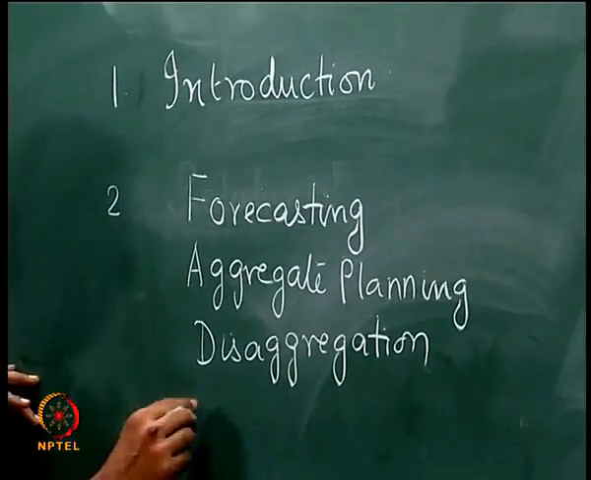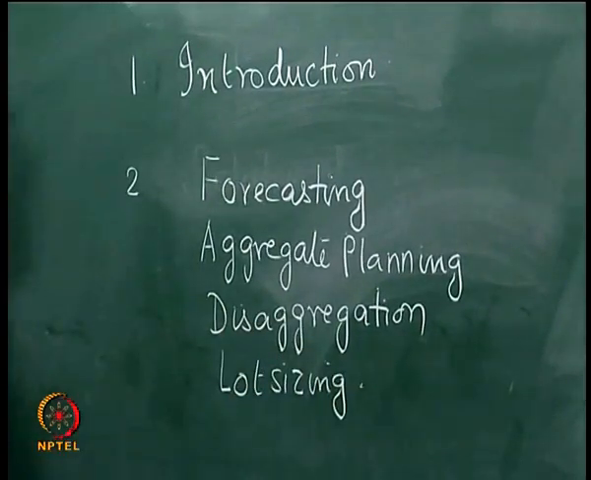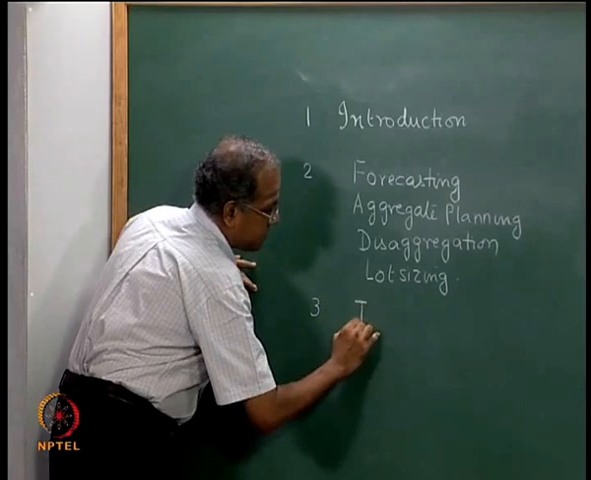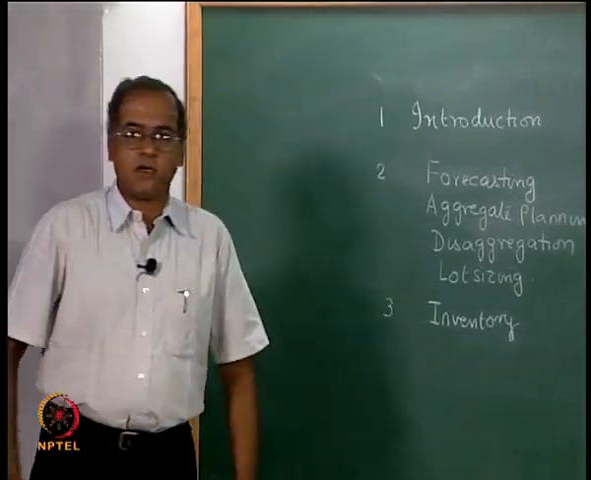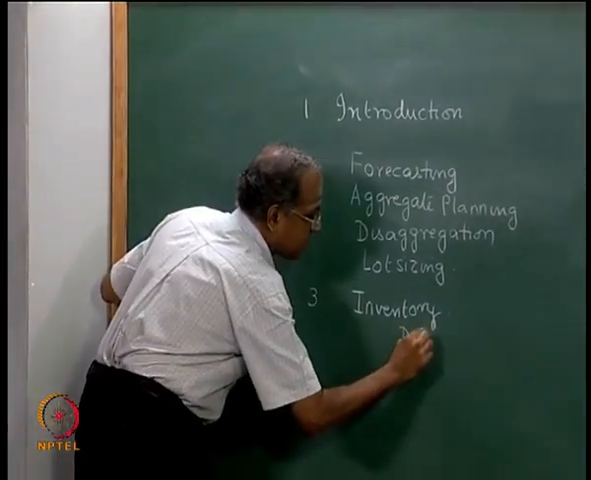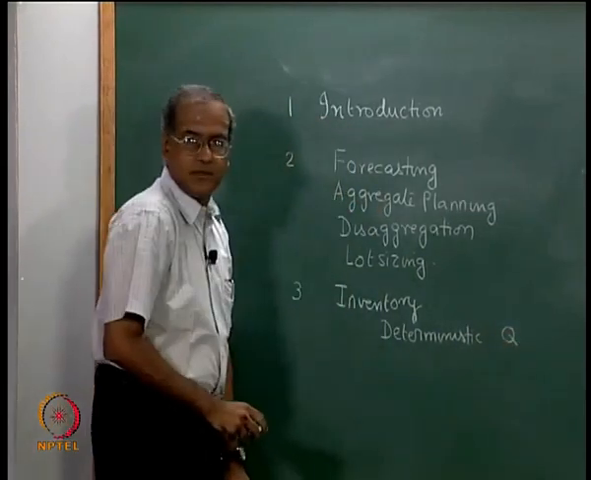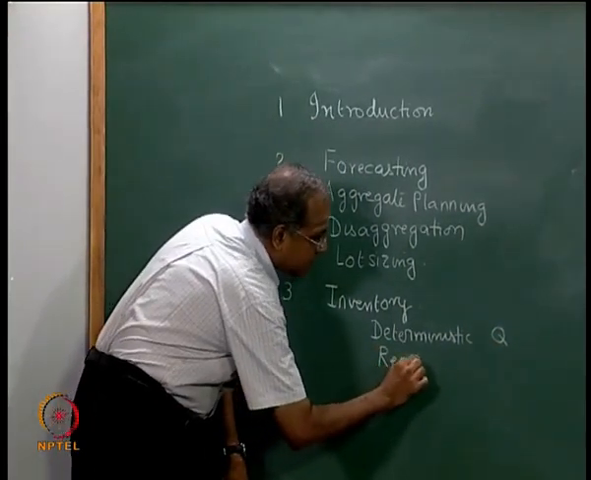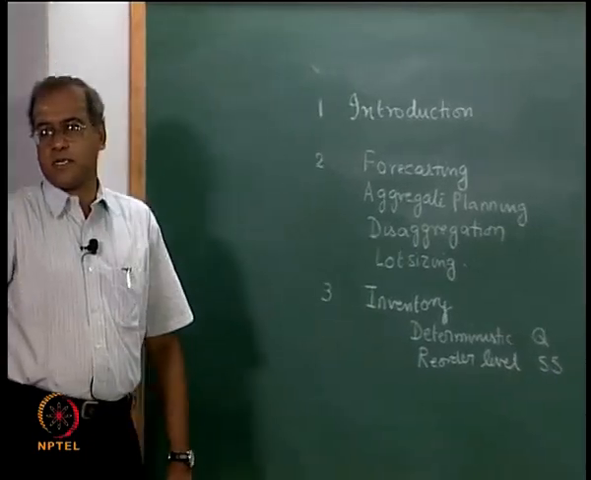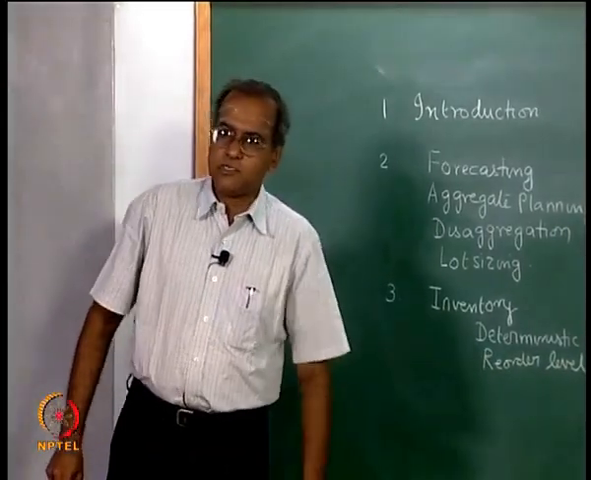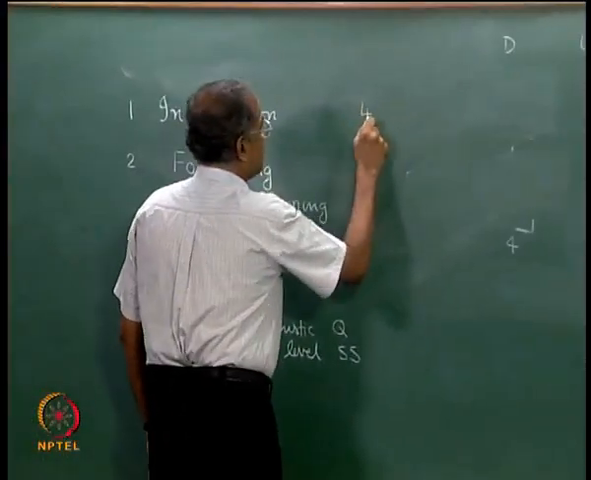Then we also saw a little bit of lot sizing, and then we moved to inventory problems, where we saw deterministic inventory, order quantities, and then we saw the reorder levels and the safety stocks, and we discussed some probabilistic inventory models which also spoke about the safety stock that is required. We then moved into production control,